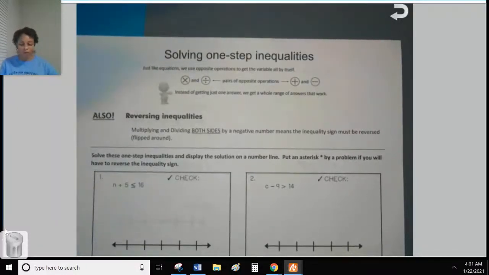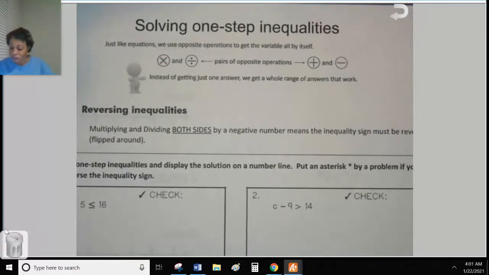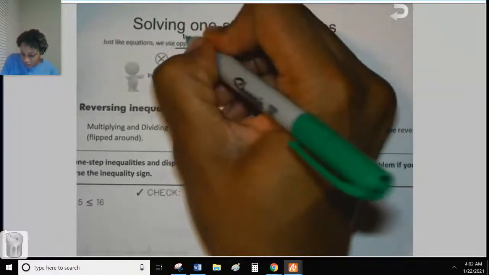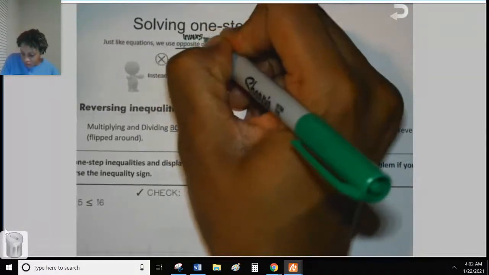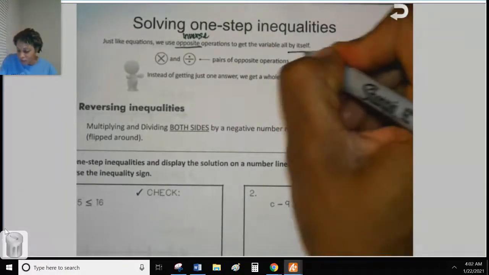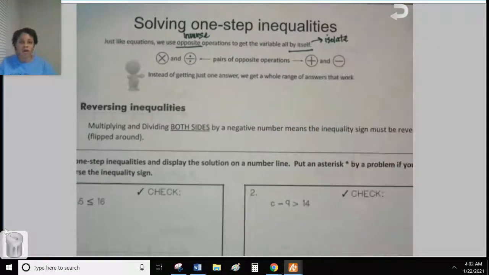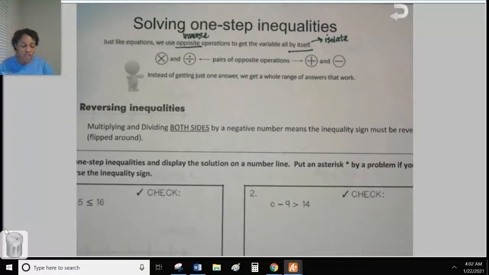Remember, I told you solving a one-step inequality or two-step is just like solving an equation. We are going to use our prior knowledge of solving equations to help us be successful with inequalities. So just like equations, we use opposite operations to get the variable all by itself. And hopefully you know that opposite means inverse. Remember, we're using the inverse operation, thinking about what the inverse property says. To get it by itself, hopefully you know by itself means we want to isolate. So all stuff that we know, we want to use the inverse operations and we want to isolate the